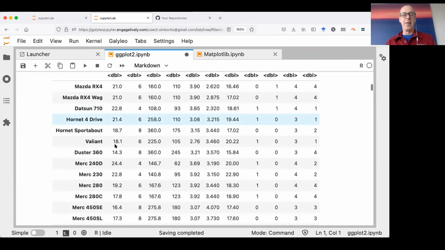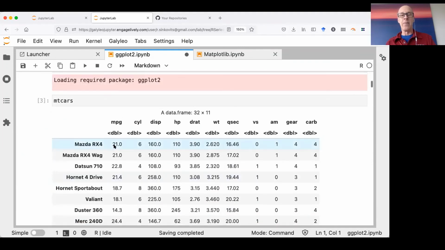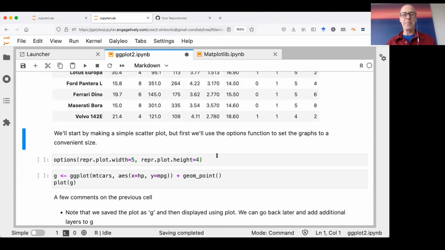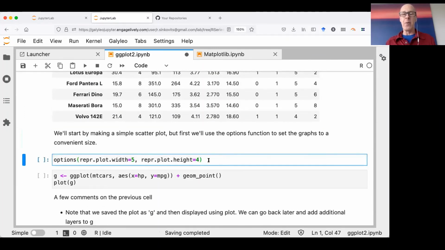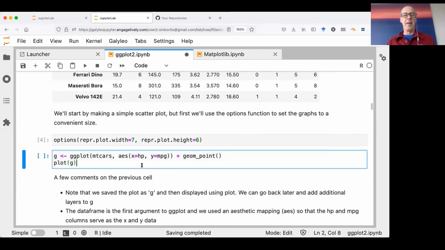So this gives us some information on various cars. It gives the miles per gallon, number of cylinders, I guess that's displacement, horsepower, and a bunch of other things that I don't know because I don't know a lot about cars. I'm going to set one parameter first so that the graphs are a convenient size. You know what? Let's make this a little bit bigger here. I'm setting the size of the plots. And now,